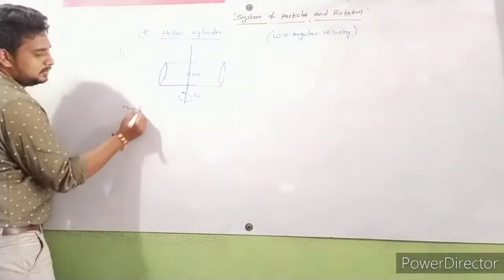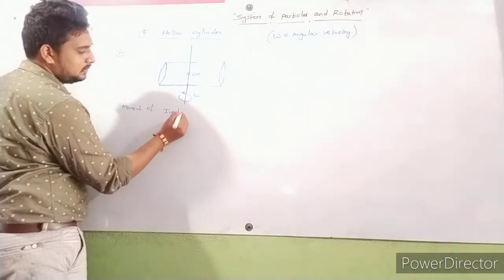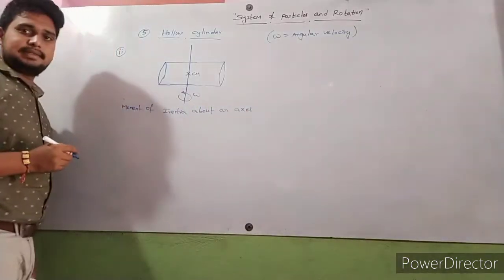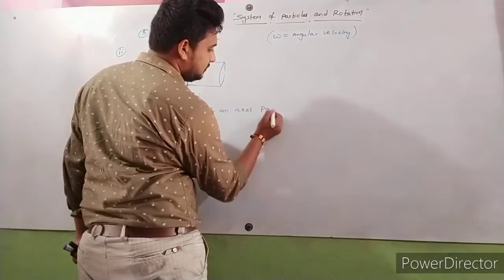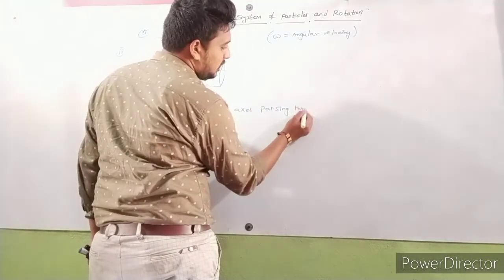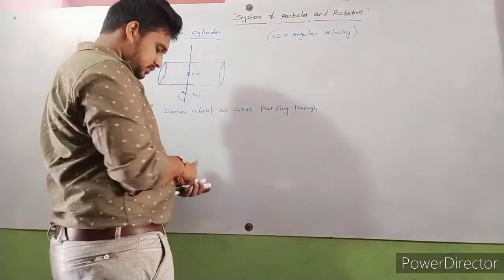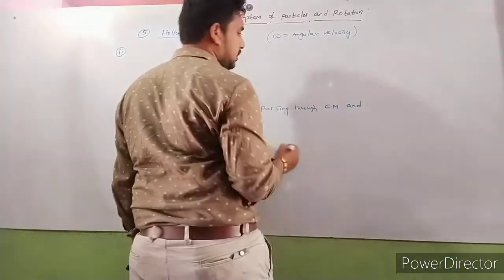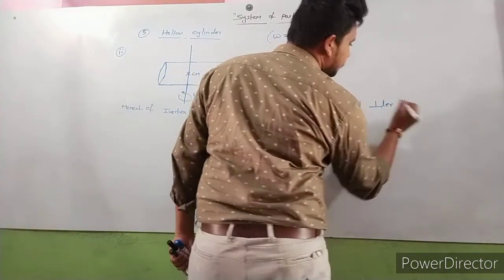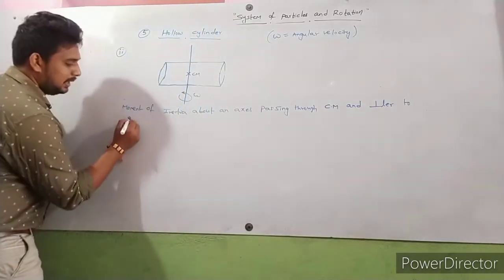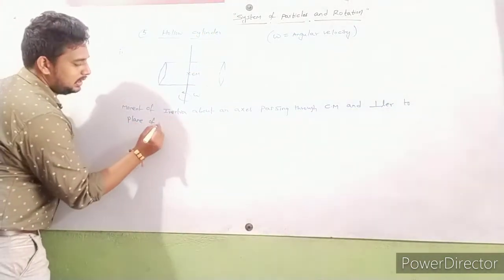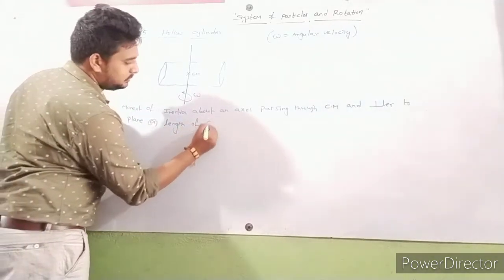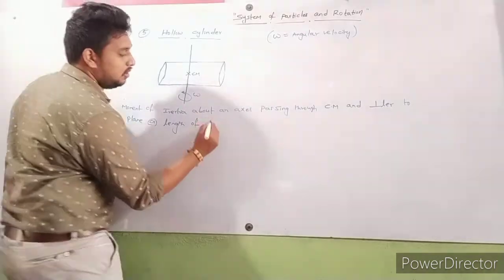Moment of inertia about an axis passing through the center of mass and perpendicular to the length of the hollow cylinder,